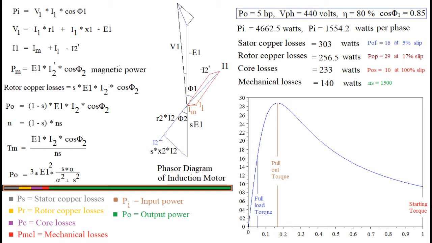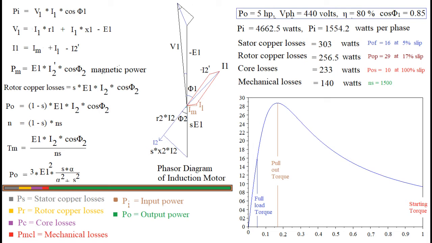We could conclude from this analysis that with changing constant factor, we will only scale up or scale down the torque or output, but characteristics curves will remain same. If we decide to consider torque in synchronous watts, then parameter ns in denominator may be ignored. Otherwise, unit of torque is in Newton meters. Before we continue with the discussion on torque slip characteristics of three-phase induction motor, we will summarize the division of input power into various parts.